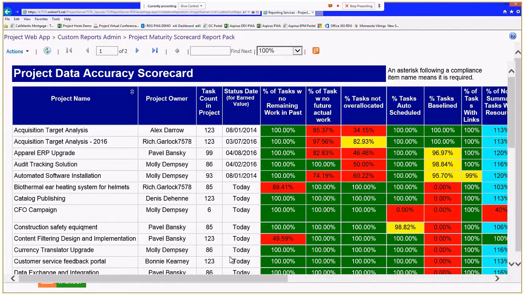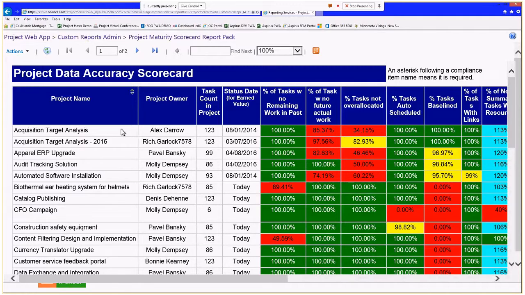Okay, so people have been complaining about the quality of the data. And this is a report that confirms to me, yes, there is a good reason to have doubts about the quality of the data. But I can see it by project. I can see way too many red cells. I want to turn those red cells into green to know that these projects are all in compliance with the PMO standards. For example, I'll just look at the first